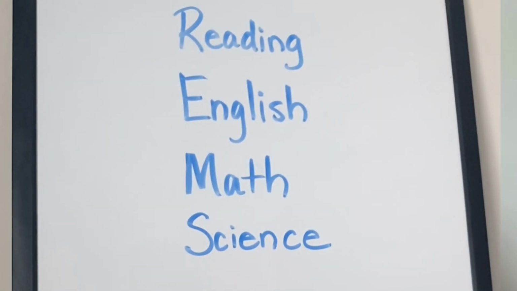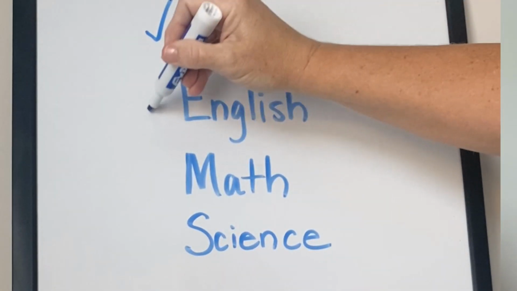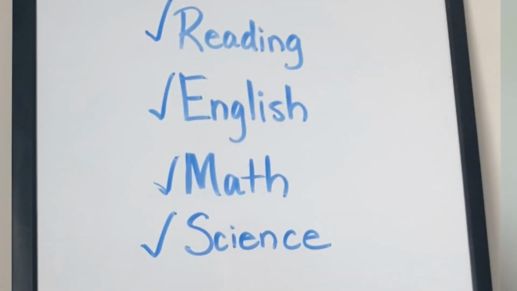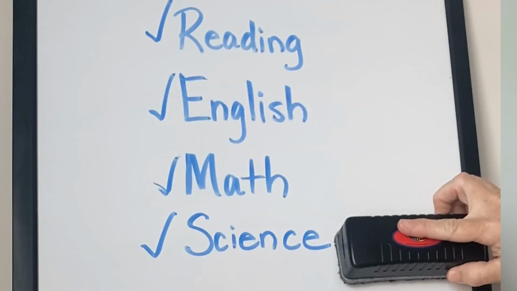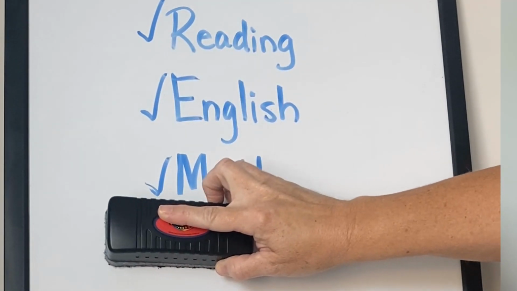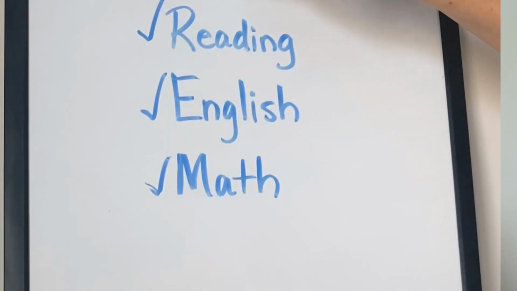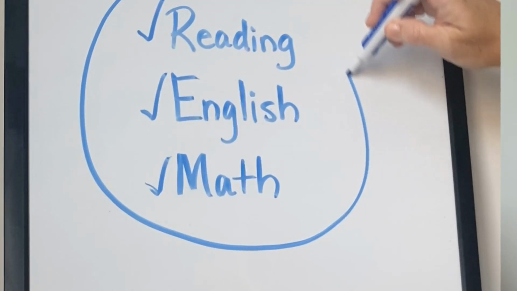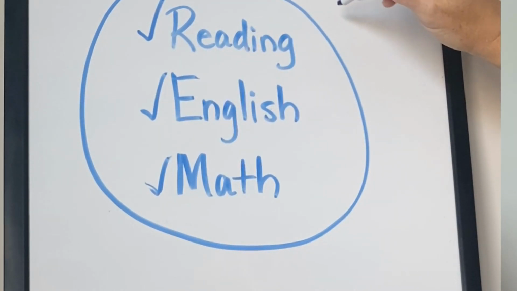One effect of the change that we're going to talk about is the composite score. And so that's the average of all the sections. Currently, there are 4 sections used in the composite: reading, English, math, and science. And as you may have heard, science is going to be an optional part of the test. So in September of 2025, when the science will become optional, the composite score will only be made out of the 3 test sections of English, reading, and math.